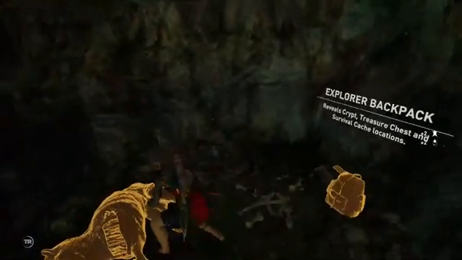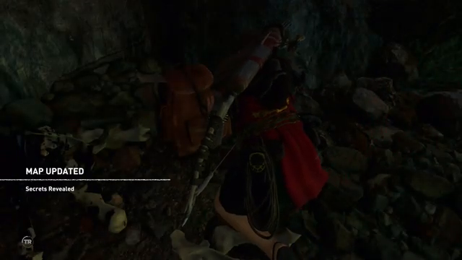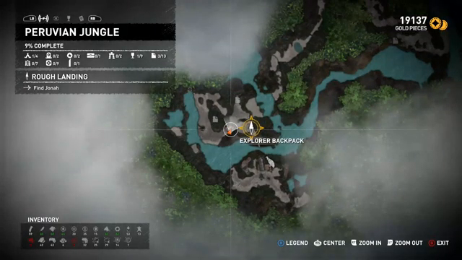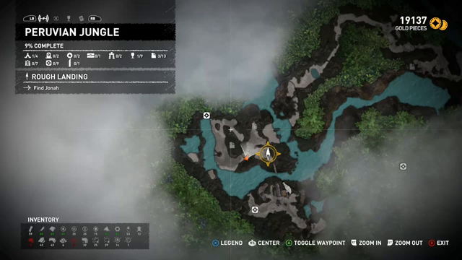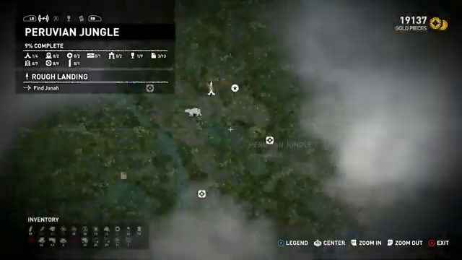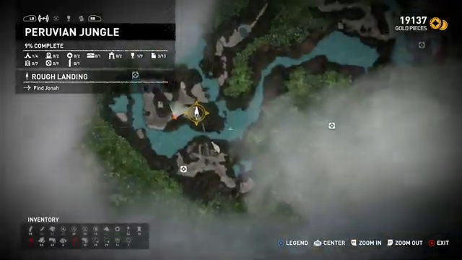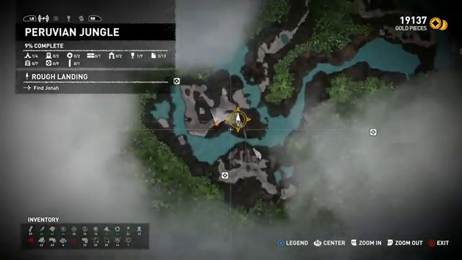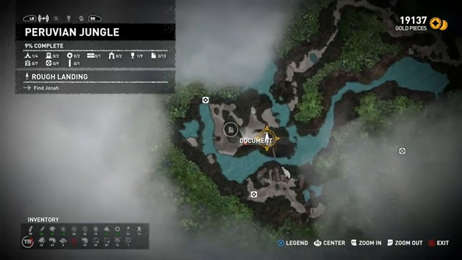Over here. An explorer's backpack in it. So this reveals some of the secrets on the map. We have a survival cache over there. So this area is the whole area for the Peruvian jungle kind of thing. The map in this game is a little hard to read just because it's, I mean,